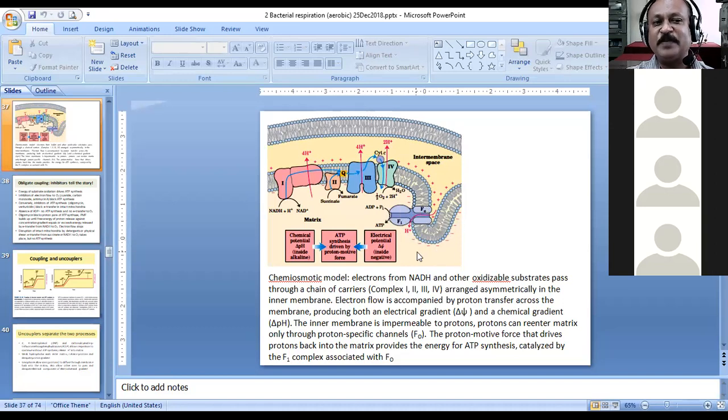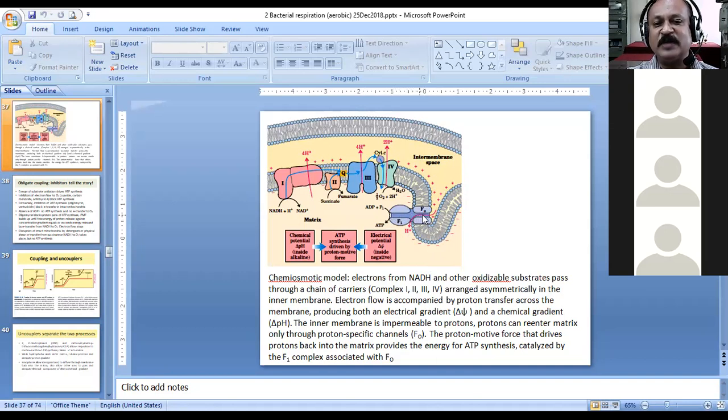Okay, so there is a pH difference because pH is the minus log of H plus concentration. So here we have some H plus concentration. Therefore the contents are more acidic here outside, and they are more alkaline inside here. And these protons are now going to come inside the membrane through this particular ATP synthase.